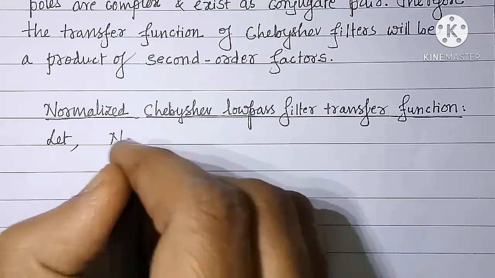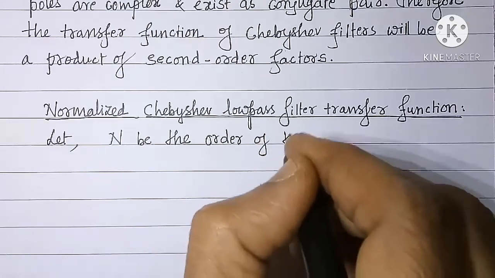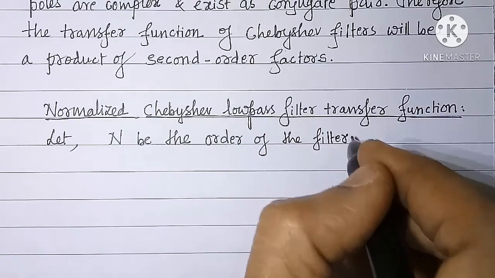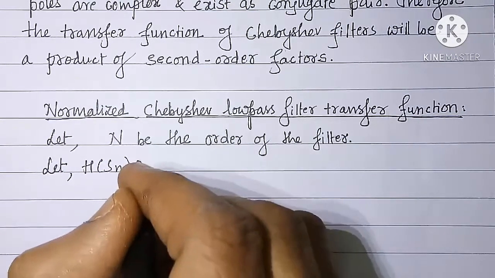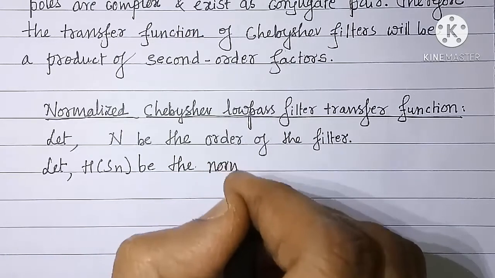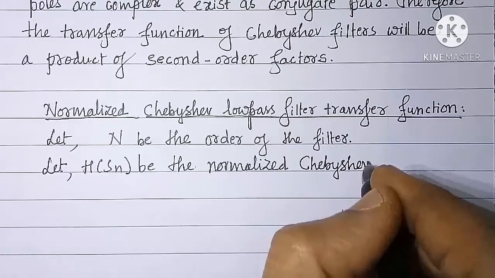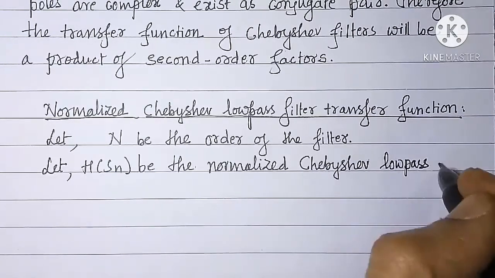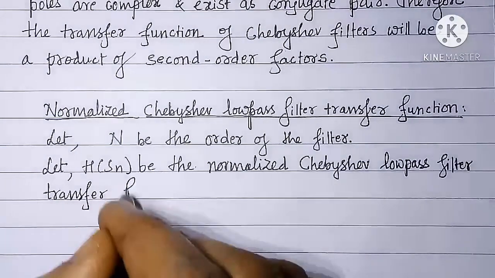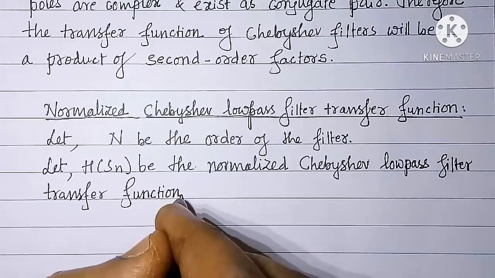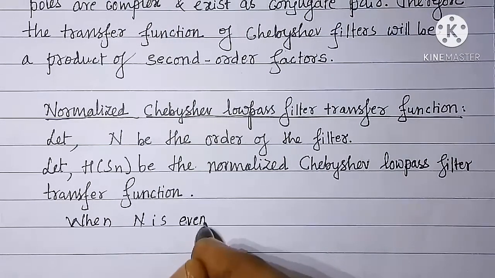Let n be the order of the filter, let H of Sn be the normalized Chebyshev low pass filter transfer function. When n is even,